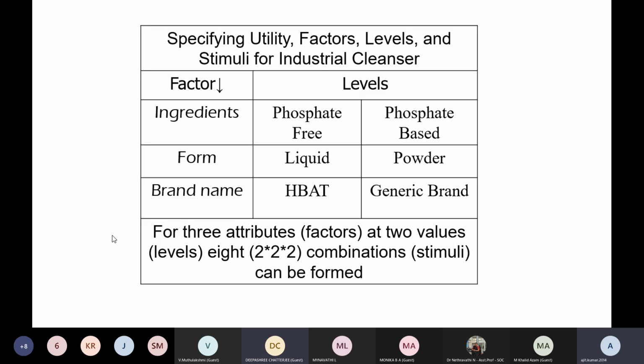Anyone? No, sir, we can only see that phosphate one. No, I'm saying, can you visualize, open up your mind and think of those things, okay? I'm not saying on the screen, but try to open up your mind and think of some new product, other product, and how many factors are possible, how many levels are possible. And if you multiply all those levels under each factor, you see this number of combinations, which is for this simple example 8. It could be maybe 100, a couple of hundreds, multiple of 100 combinations, right?